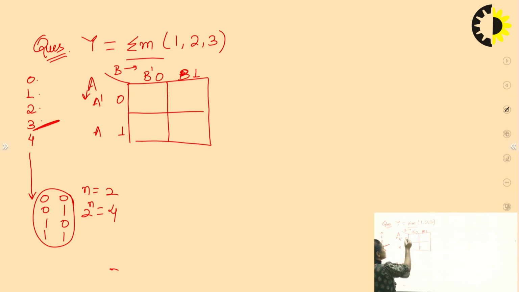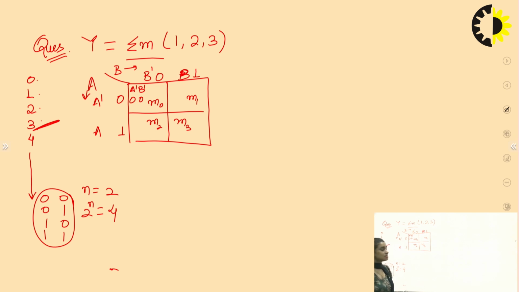So what do I write here? A bar, B bar or 0, 0, or I can simply write M0. Likewise, I'll write M1 here, M2 and M3.